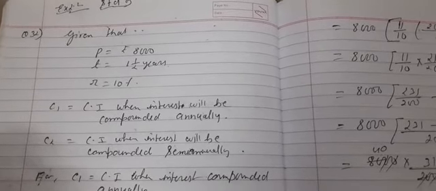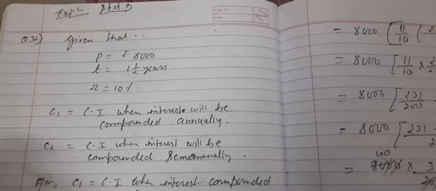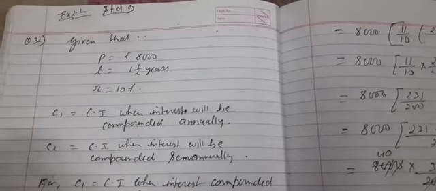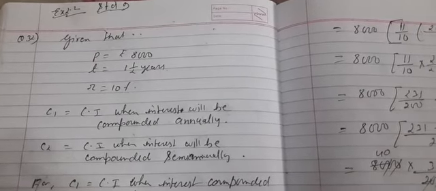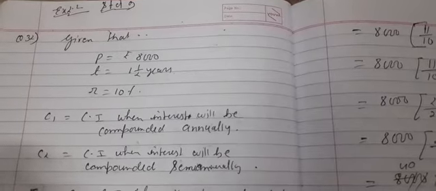Actually, one student asked me question number 32 from exercise 2.2, so I was solving the sum. Actually, this is the compound interest chapter for standard 9 from the ML Aggarwal book. I was solving this sum of question number 32 for my personal student. Suddenly this thing came to mind.